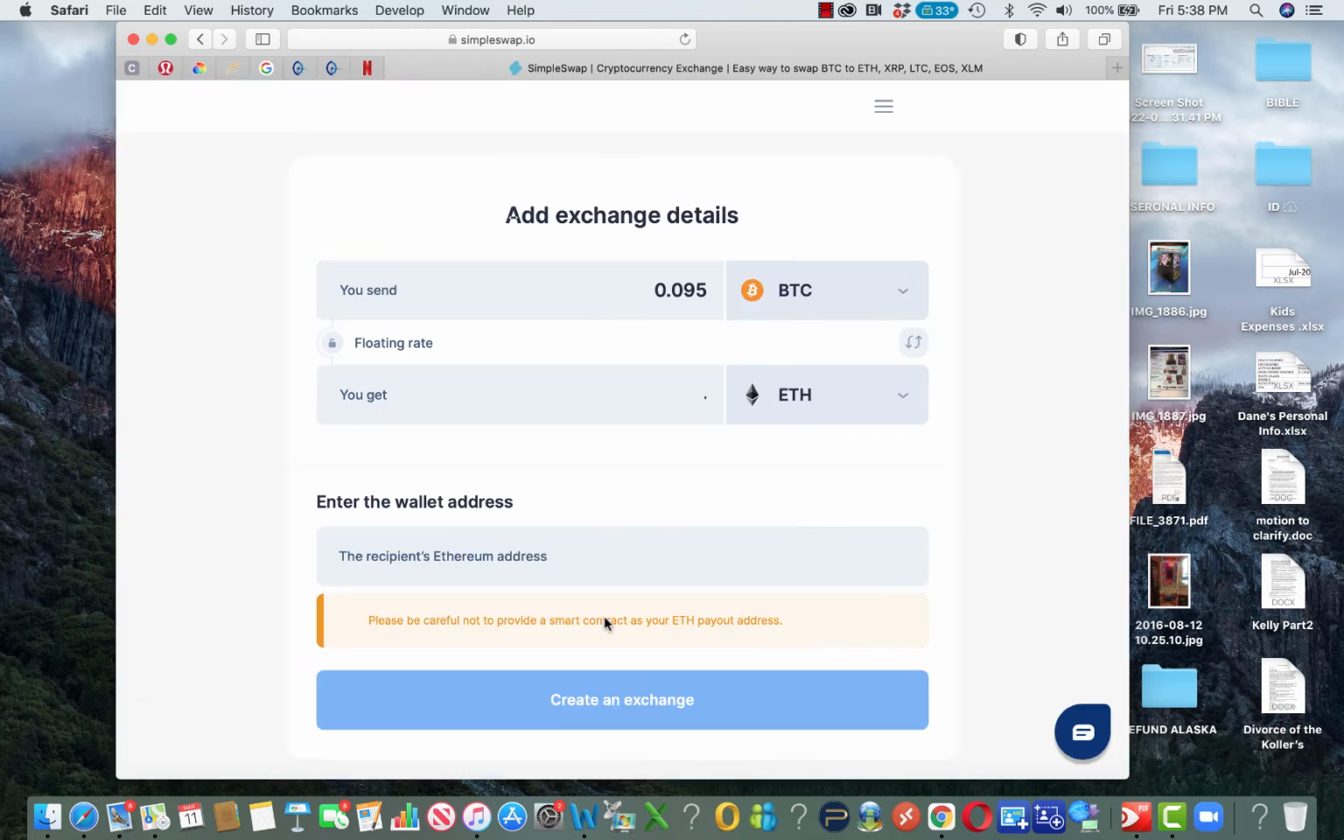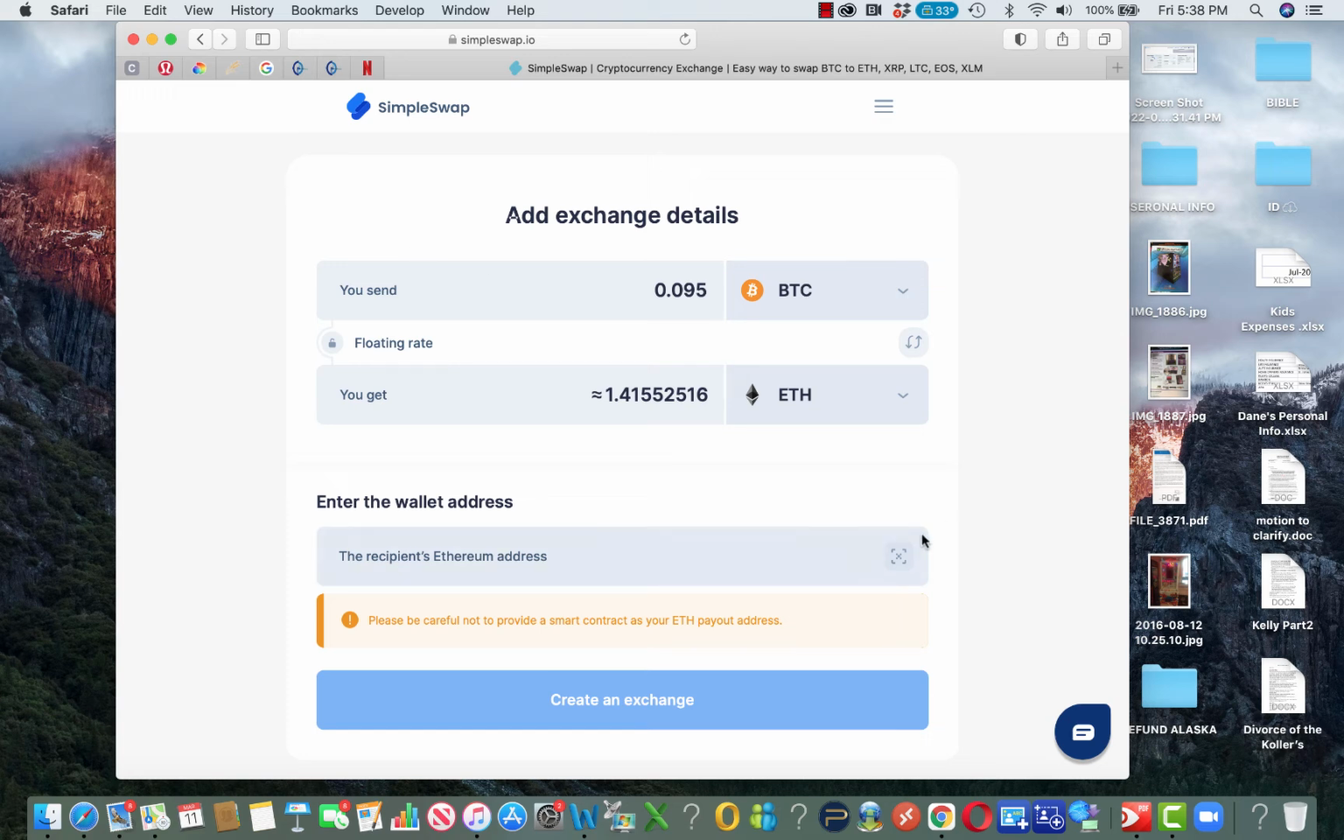You just click the exchange button and then you enter in the recipient's Ethereum address right here. That's where you paste it and you click create an exchange, and then the next will be a barcode that will pop up and you fund the barcode with Bitcoin. It takes up to about an hour, and then the Ethereum is going to show up in this wallet right here